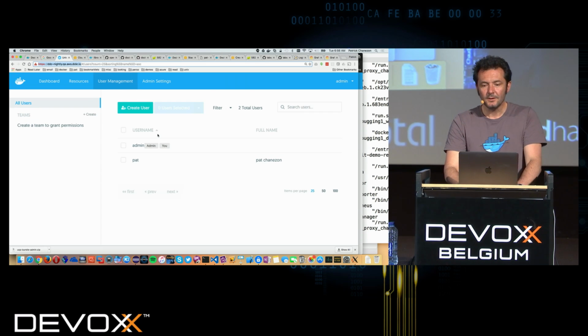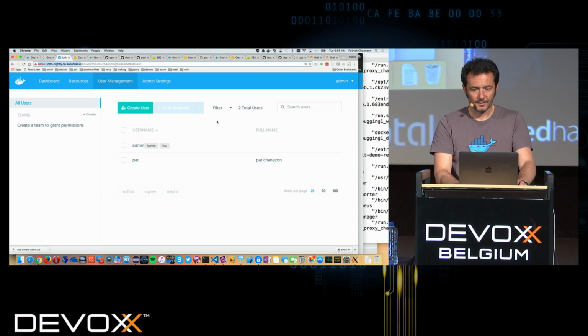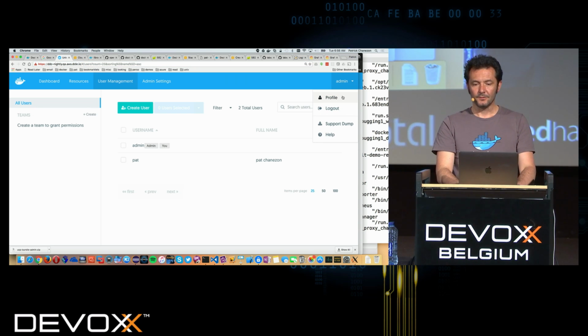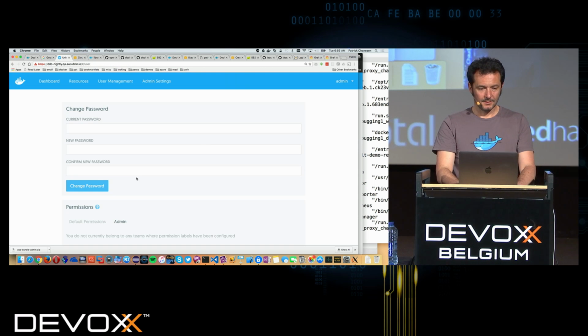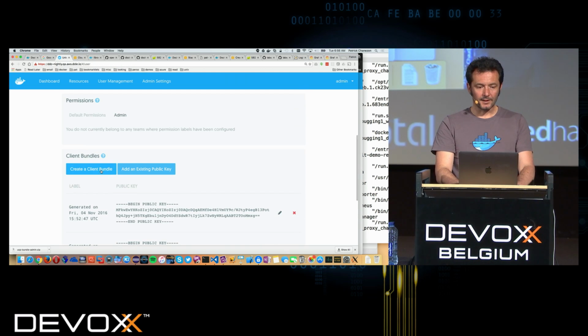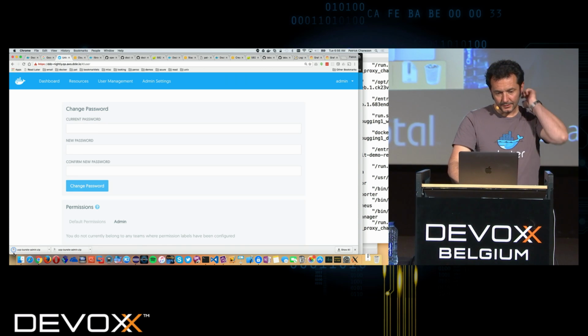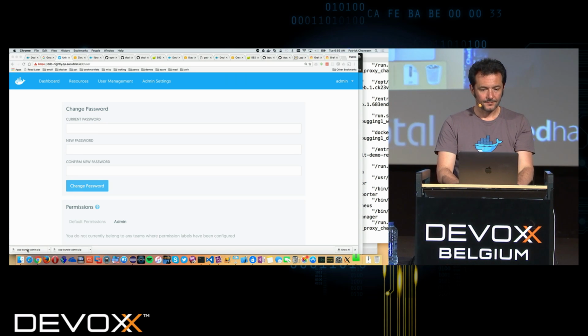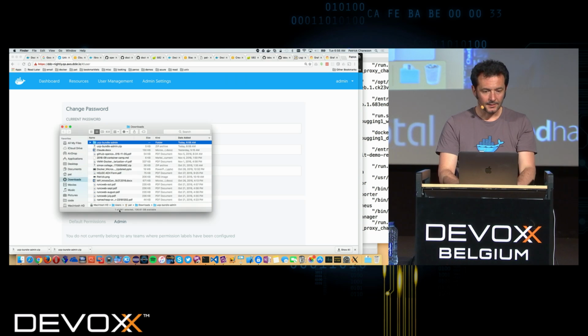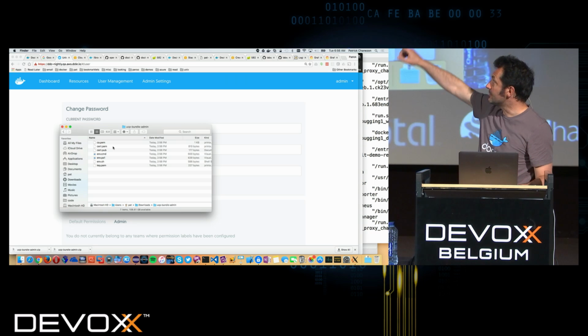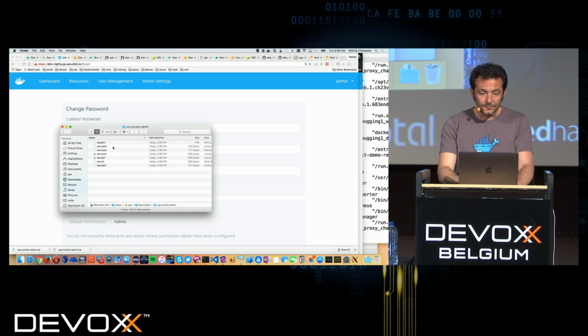And so the way you use the client to create containers is you go to your profile, and there you can say create a client bundle. And what it's going to do is create that zip file. And if I go in the zip file, what you can see there is that it generated some certificates for me.